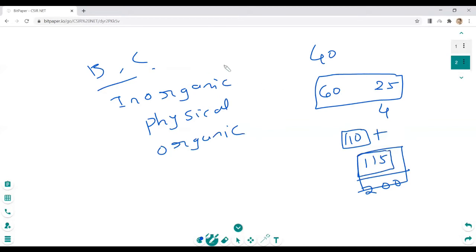Okay, so you have an option here: 60 questions, 25 to answer. These 60 questions will be further divided into almost 20 for inorganic, 20 for physical, 20 for organic. Roughly speaking, one or two questions may go up or down here. If you focus on one part particularly, or at least 2 parts, anyway, if you master 2 parts, it will be quite easier for you to qualify CSIR.